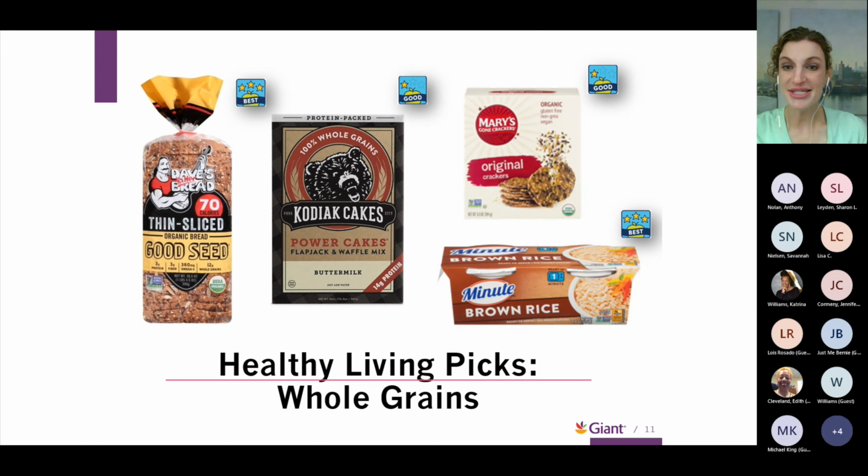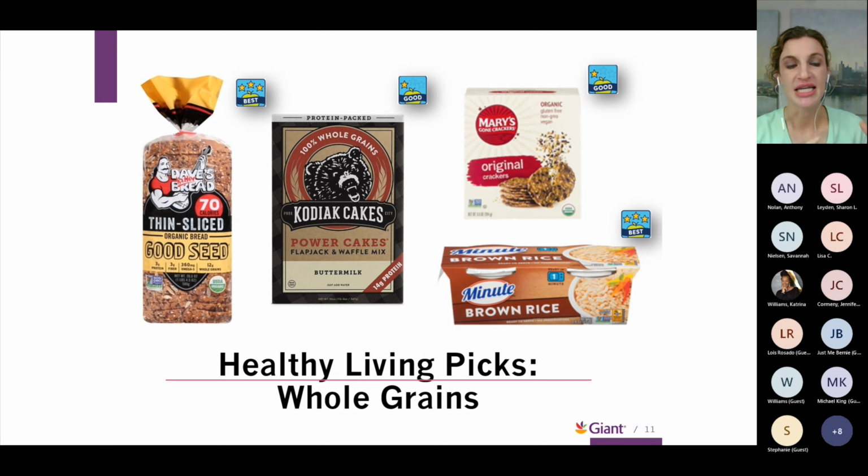All right, and some great options. So there are lots of great picks in this store. Again, these are just a few of many that the Healthy Living team loves. One of my favorites, and let me know if you've tried Kodiak cakes in the chat. So Kodiak cakes are a great brand. They've been out for a few years, but they are actually higher in fiber and protein and have whole grains. So if you love to make waffles or pancakes or muffins, especially in the cooler weather, this is a great option because you're going to get that boost of nutrients.